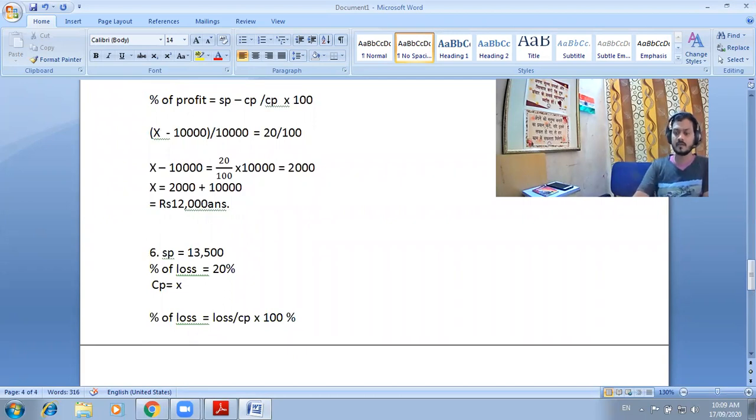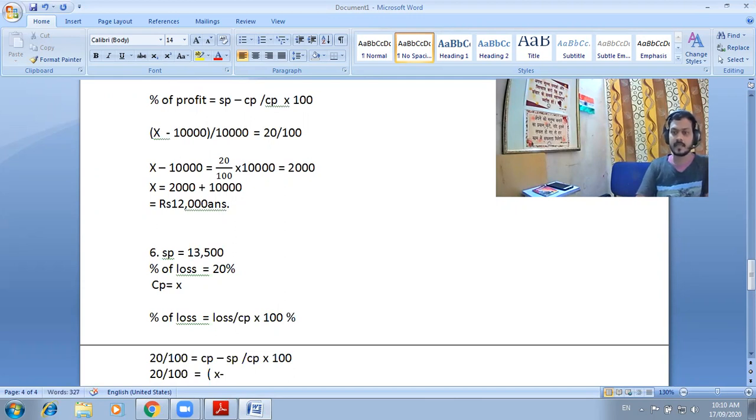Percentage of loss is 20, so 20 by 100 equals loss, where loss equals CP minus SP, divided by CP, into 100. That is the percentage of loss. So 20 by 100 equals, considering CP as X,